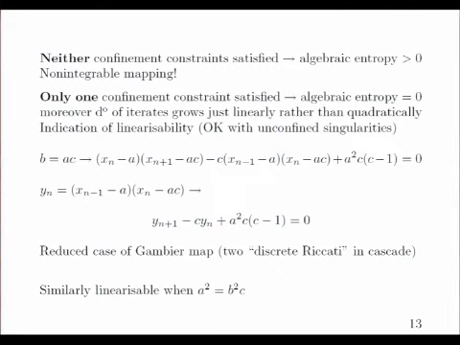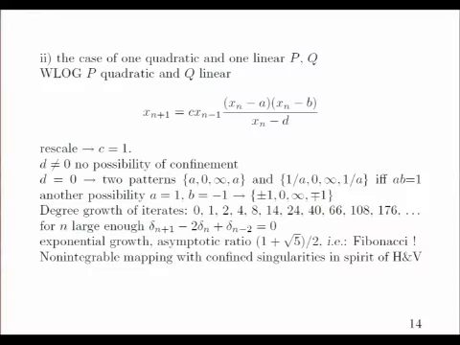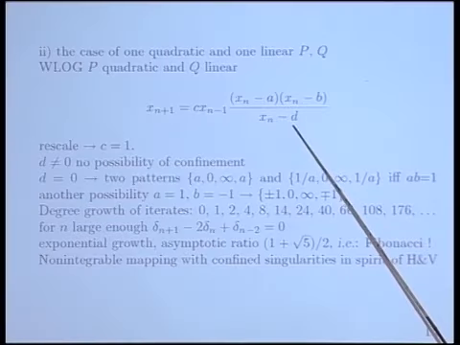So I'm going to speak very much about the Gambier map in the remainder of my talk. Anyway, that equation, when one confinement condition is satisfied but not the other, can be linearized through a Gambier map, and does not satisfy singularity confinement. Now this is a very amusing case, where we try to apply singularity confinement on